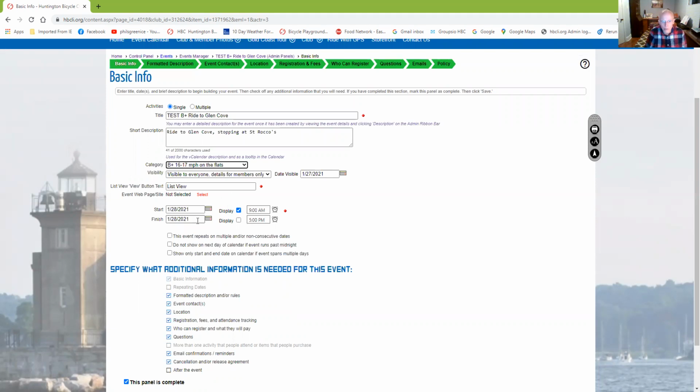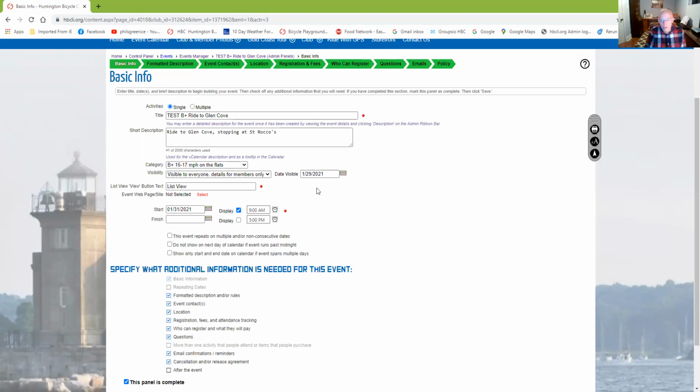The finish date, it's a 1-day event, so I don't really need that. I'm going to change this to the weekend. I'm going to say it's going to be the 31st, on Sunday. So what I want to do here is change this, and I'm going to make it the 29th. The reason for that is date visible means when it will appear on the calendar. Its start date is the 31st, today's the 27th, I'm putting the 29th, you can put the 30th, whatever, because